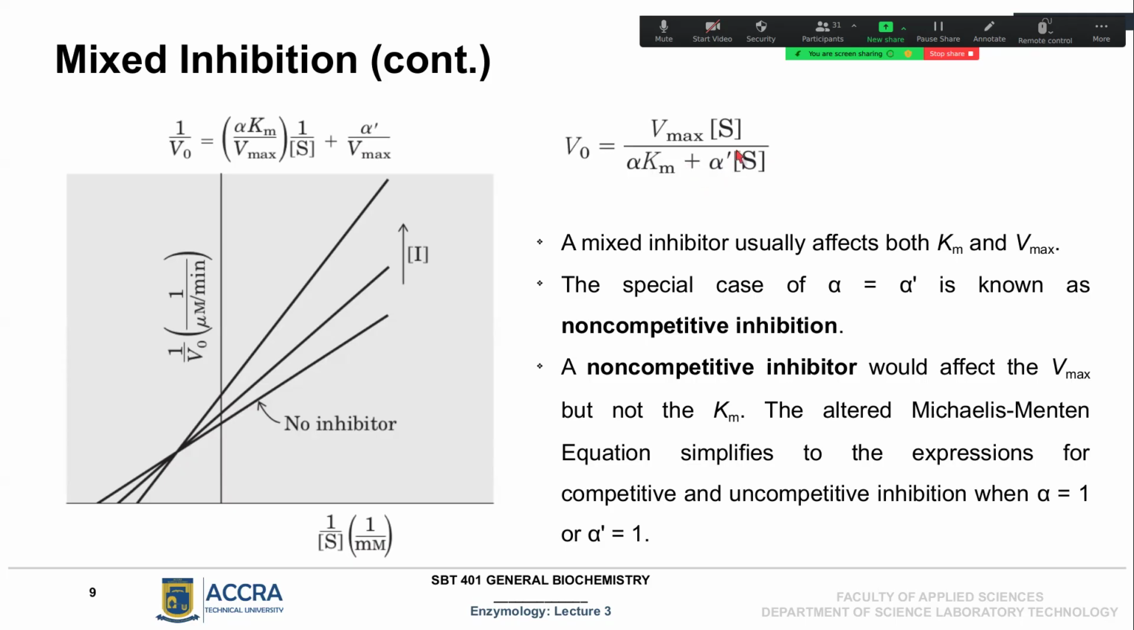and alpha prime. If it so happens that in a mixed inhibition these two factors are equal to 1, that is where you'll be having such a convergence. In that particular case, that inhibition is referred to as non-competitive inhibition. Not uncompetitive, but non-competitive inhibition, just for this particular case where you are having that convergence, which means you are having the effect on